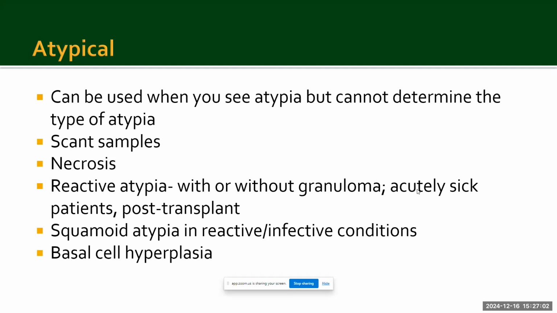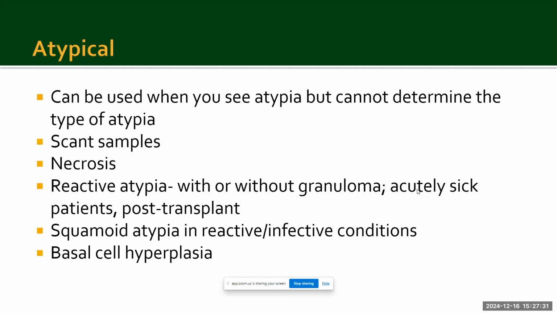I mean, you cannot really say this is related to infection or this is related to malignancy. These are the instances where I end up using the term atypical, and that can be due to a scant sample with very few lesional cells, or due to necrosis, or reactive atypia with or without granuloma, or even in an acutely sick patient where I am favoring a reactive atypia, or